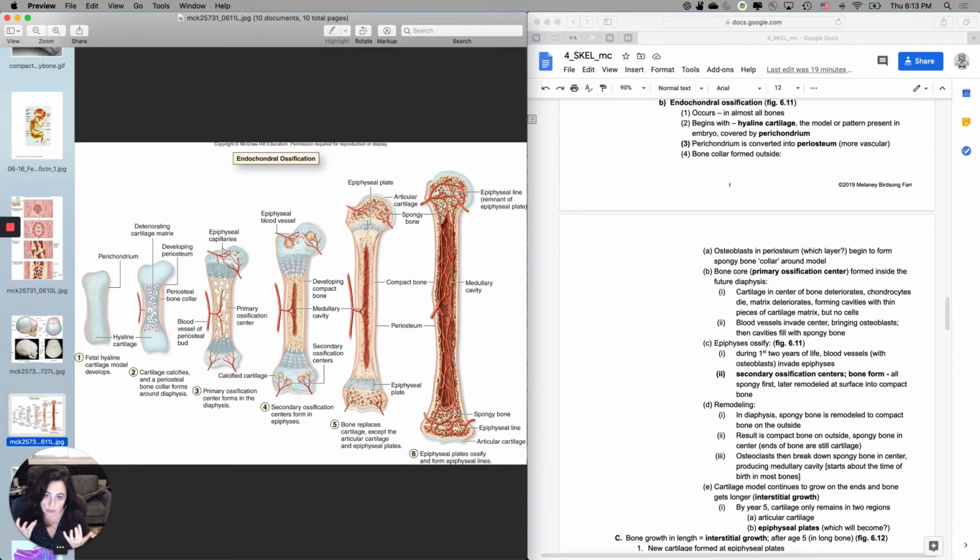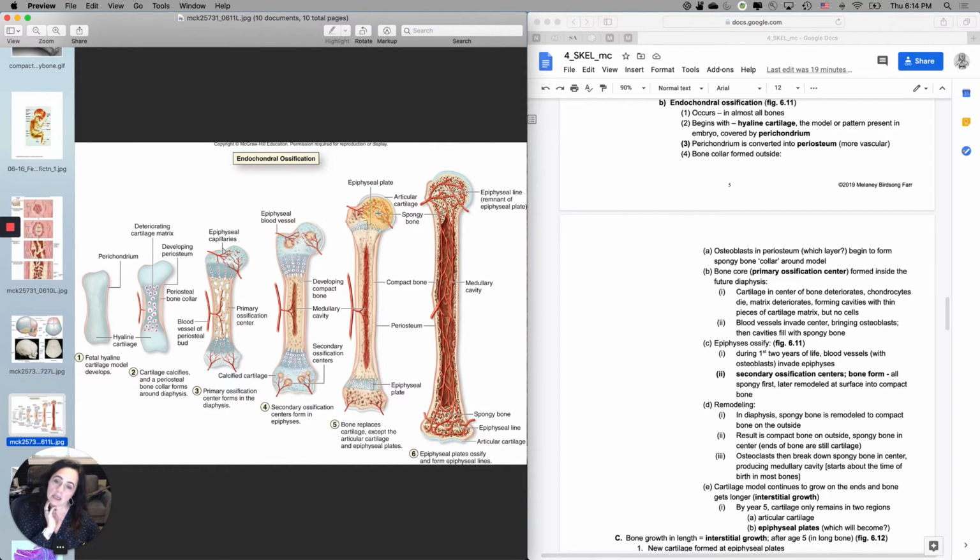And then I'm going to start to make the easiest type of bone tissue first, which is, of course, spongy bone. These two collectively are called the secondary ossification centers, not secondary and tertiary because they happen at the same time. So I'm going to start to ossify my epiphyses. Later on, I will remodel those. Okay, so now what I'm going to have is right here, at this point right here,